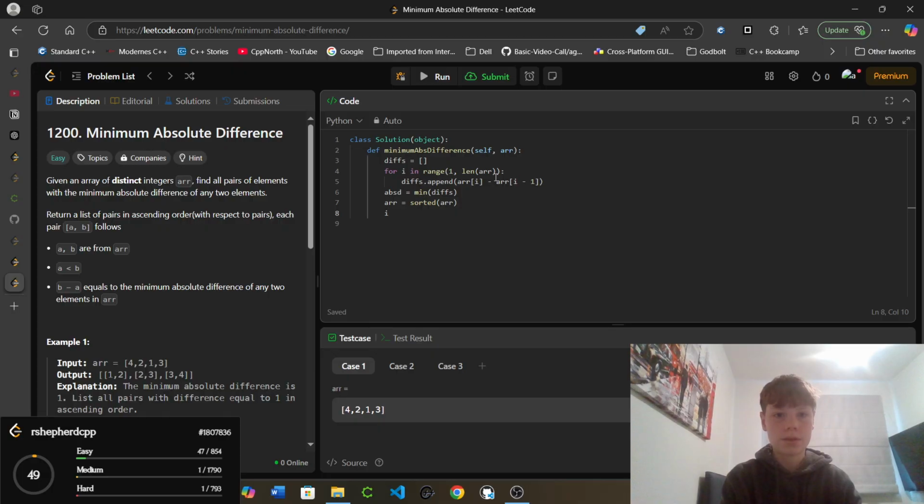Okay, so i, j equals 0, 1. So we need to set the R, nums equals